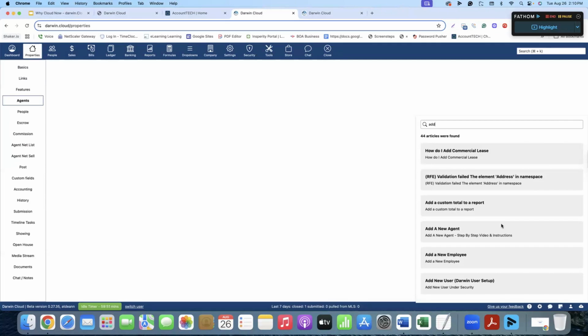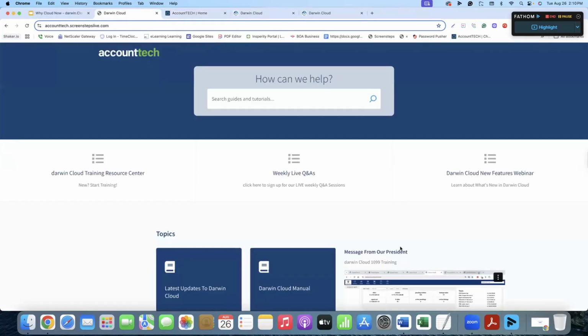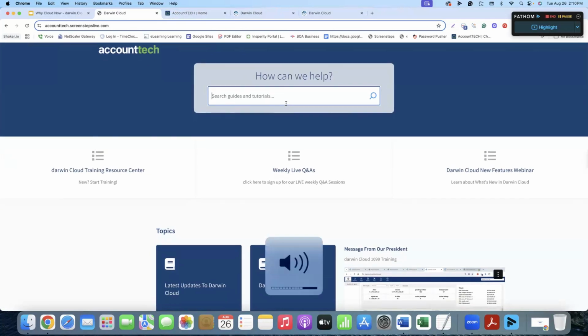Yep, you got it. Now, I've also found that the search in Screen Steps, which is the agent support or the client support, the search there is also really good. Sometimes I don't type the right thing in Darwin, or I can't find it right in Darwin, and I'll just click on an article and then put the search term here, and it works. For some reason, I think I can find stuff a little bit easier sometimes. So this is the customer